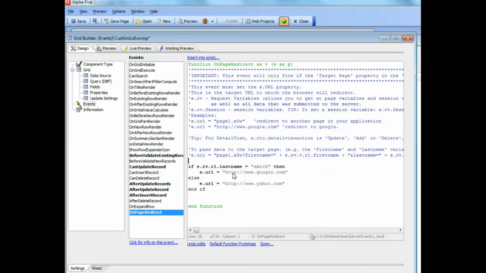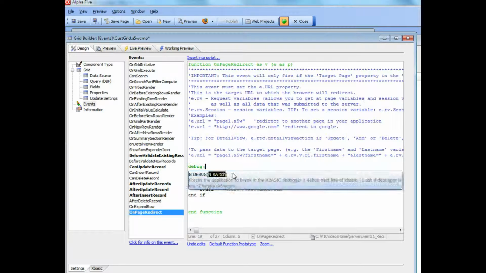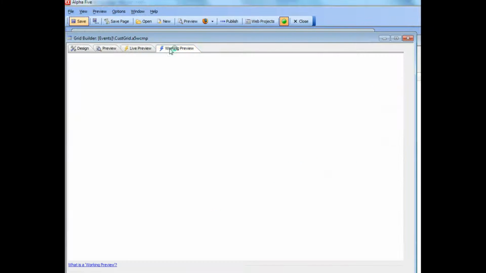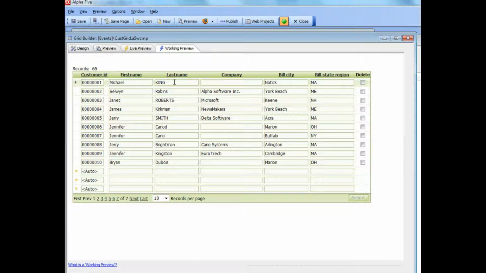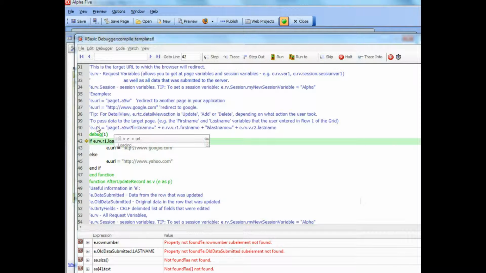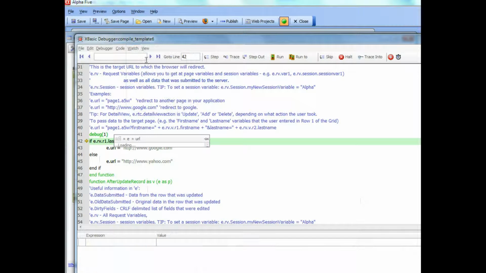and let's just put in a debug 1 so that we can actually look inside this E object and see what's there. So let's go ahead now to working preview, go to the last name field and type in Smith, and then do a submit. So you can see here the debugger opens up, and let's clear out the existing watch variables there, and now go and type